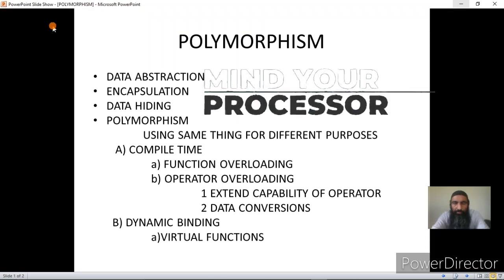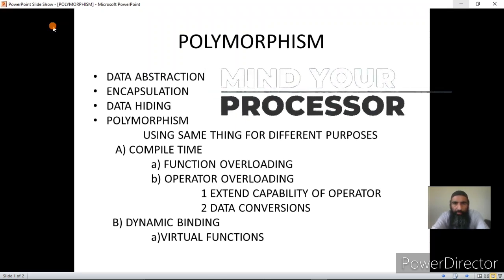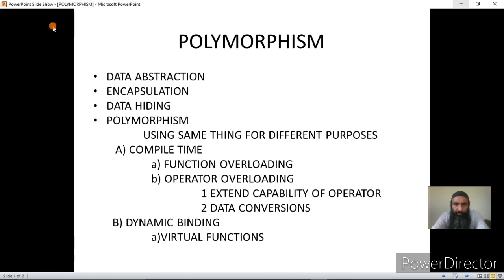Hello students, today we are going to see one of the features of C++, that is polymorphism. Before I explain polymorphism, let us see some of the features that we studied and that are supported by C++,